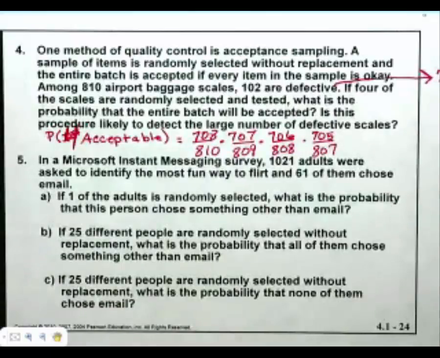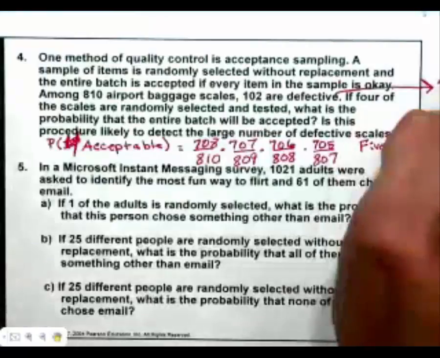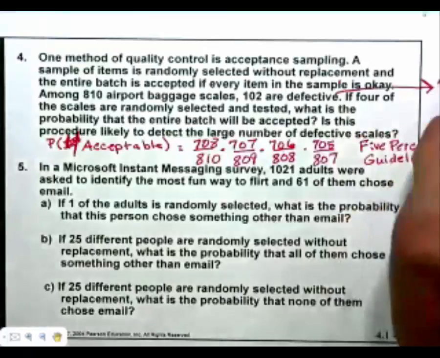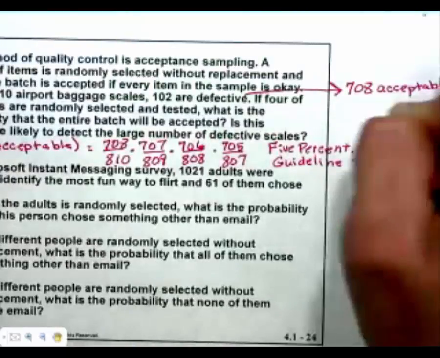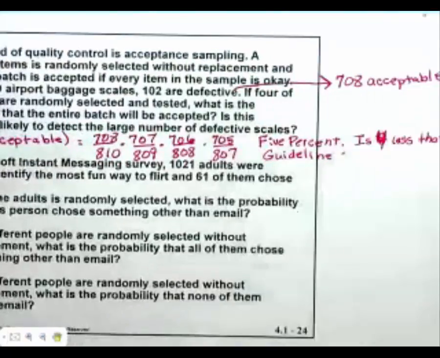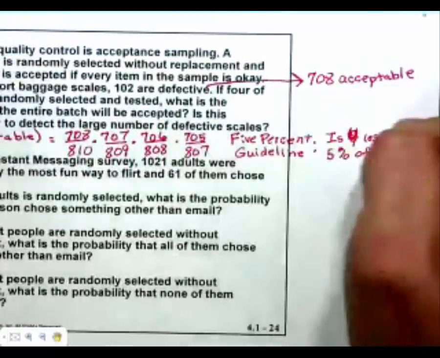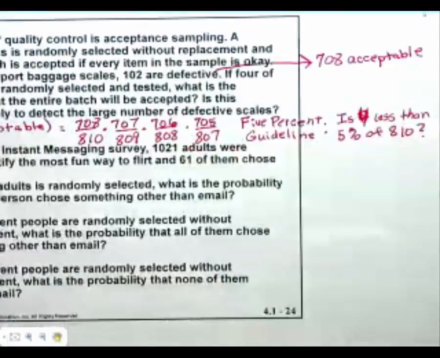So what could we do to use the 5% guideline? First thing I'd have to check is, I'm not drawing 8, I'm drawing 4. Something's going on with my 4s. Is 4 less than 5% of the 810? Is it? Yeah, it's way less. And because it's way less,